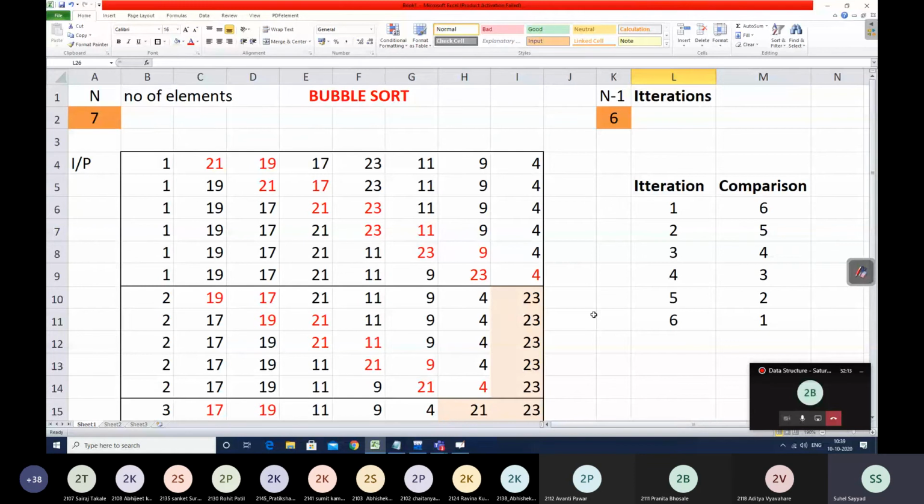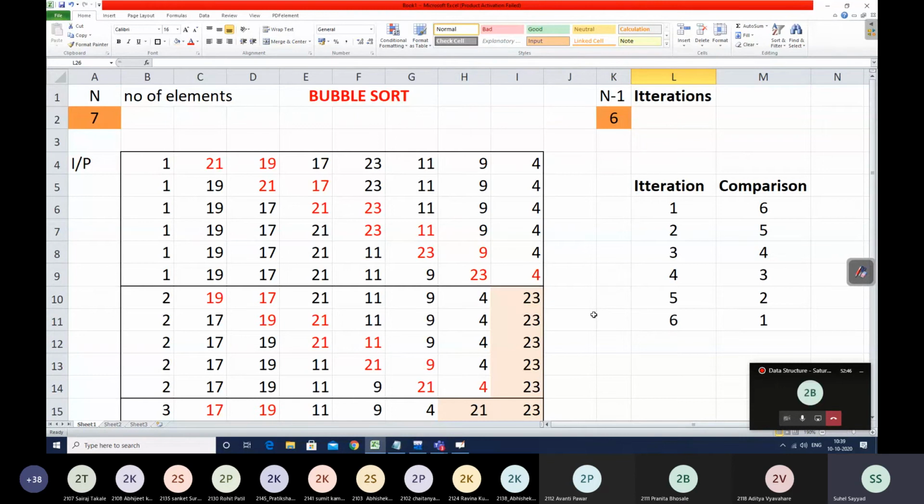Very good. Okay, you can mute yourself. So depending upon your number of elements, the problem will expand. In general, n number of elements, n minus 1 iterations. In the first iteration, n minus 1 comparisons. Second iteration, n minus 2 comparisons, and so on. And in the n minus 1th iteration, there will be one comparison. Here in our example, the n minus 1th iteration means the 6th iteration. That will always have only one comparison, because the problem is getting reduced by 1 from the right hand side.